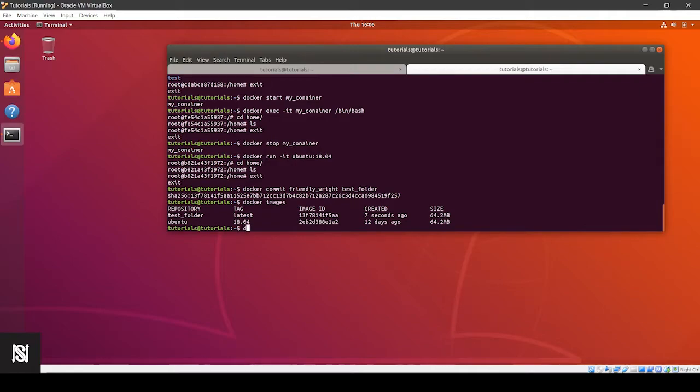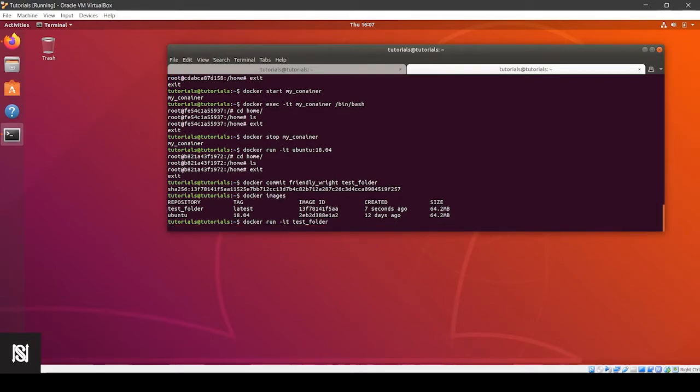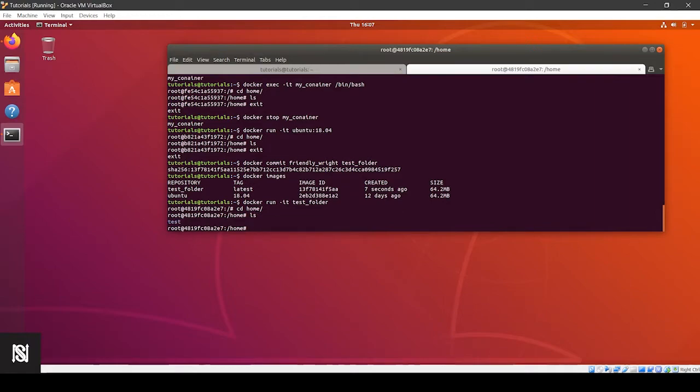Now what I'll do is I'll do a docker run minus it to see if the container from that test folder image has a test folder in the home directory. So docker run minus it test underscore folder and then run cd home, and then if I do ls, yes, the test folder is present.